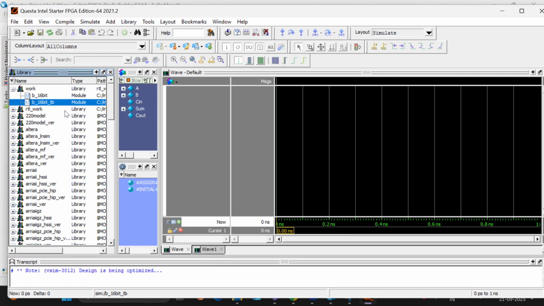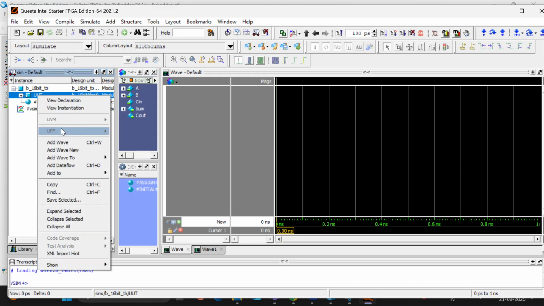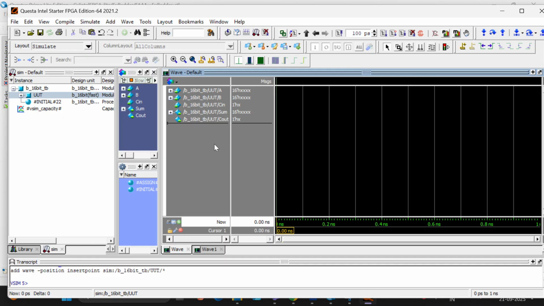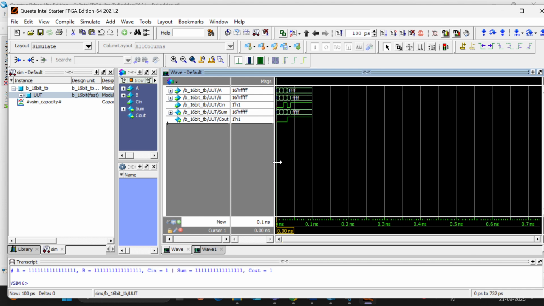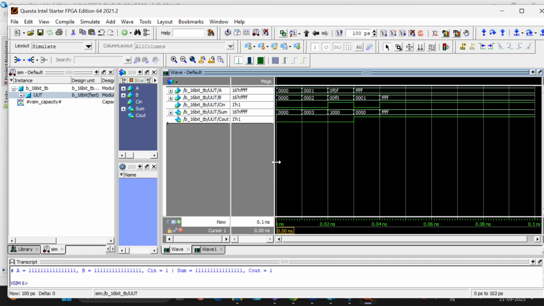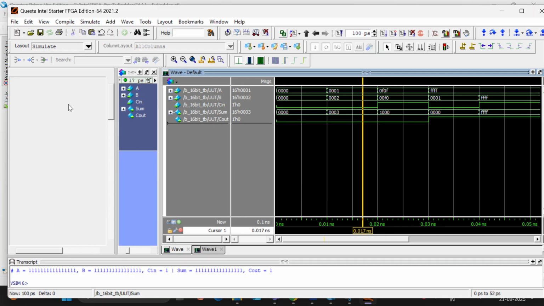Let me simulate this. Add waves, and after running this, let's check one test case. Here the input of A is 0001 and the input for B is 0002. I'm getting the sum out as 0003, so the code is again working as expected. Let me close this,